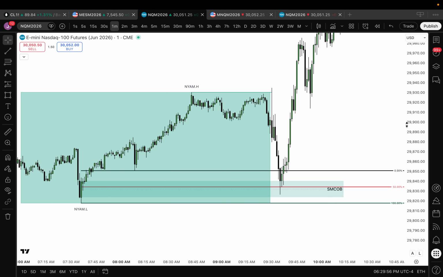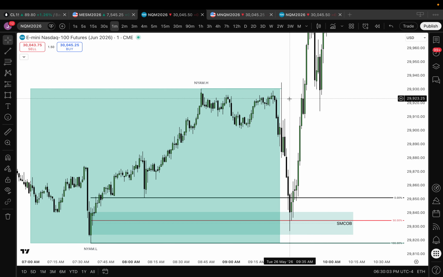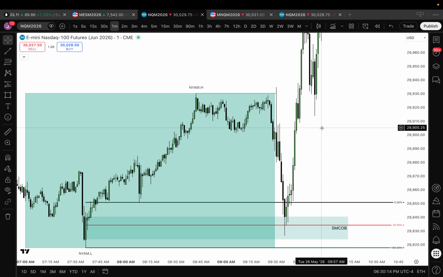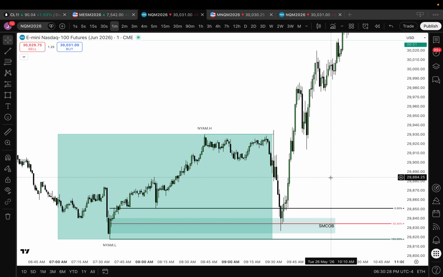And manipulation expansion would just be where we didn't clear this out first, went down, hit this, and then went up. So in manipulation expansion, they clear both sides of the market before they run it in their direction. And first they'll do the side that they manipulate towards. So they manipulated towards this low. Overall, the direction was up. And they manipulated these first because they were so ruthless they didn't even want the sellers in here to make money from that. And they also needed the liquidity to push it down there. Well, not really. That's not how it works, but